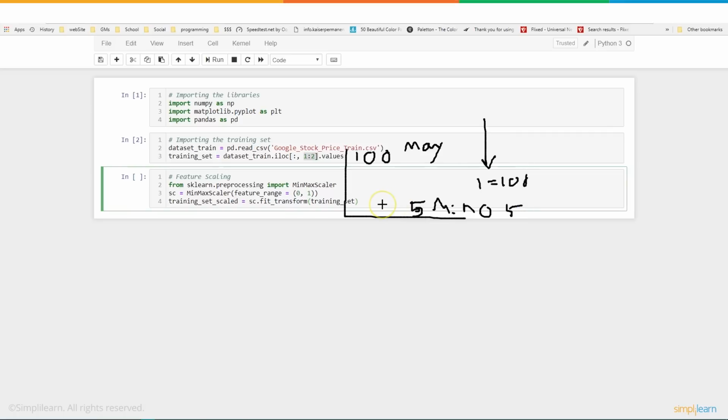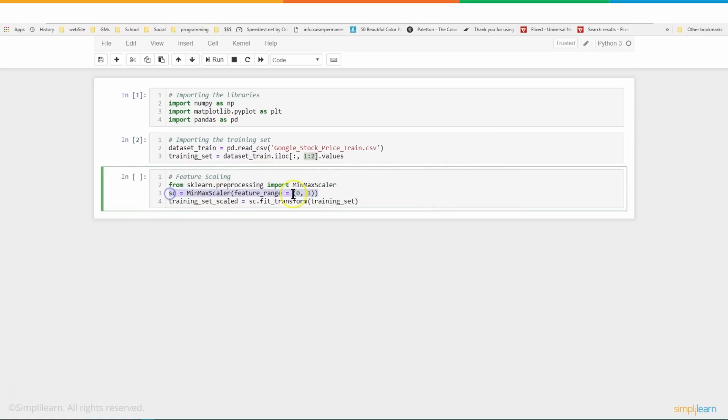And you can just multiply. It's usually just a simple multiplication we're using. So it's going to be the value minus 5, and then divided by 95, since 100 minus 5 is 95. And once we've actually created our scale, which tells us it's going to be from 0 to 1,